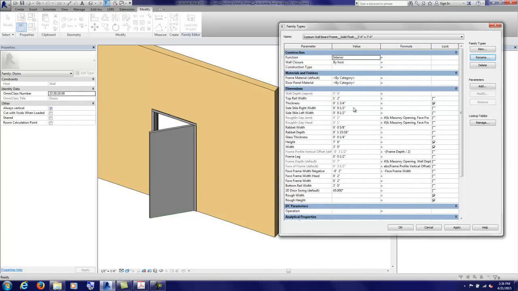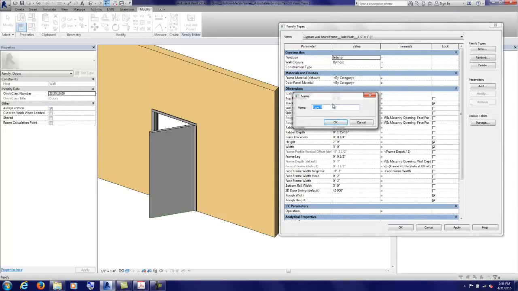Give it an actual name. And so if this is going to be a solid flush door, everything that I've already set up is correct. So I'll click apply. And let's say I want a gypsum wallboard frame with one of the half light. I'm going to do new. Actually, it'd be easier to click rename, hit Control C, get all that text, then hit cancel, then do new, Control V, and then I'm going to say this is solid flush with